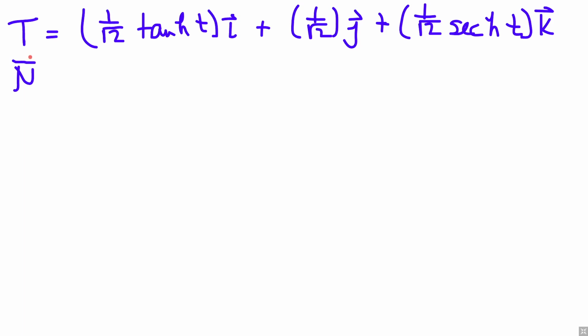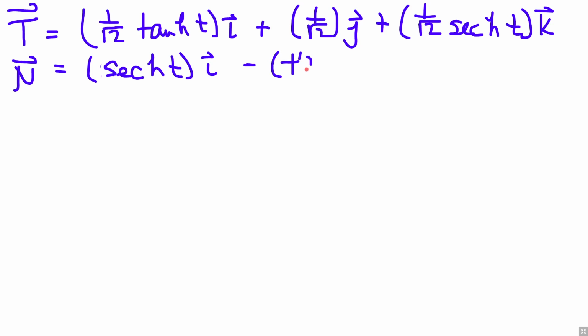We found that the unit normal, did it start off as tangent hyperbolic or was it secant hyperbolic? I think it's secant hyperbolic of t in the i direction, and then we ended up with negative tangent hyperbolic of t in the k direction. Okay,